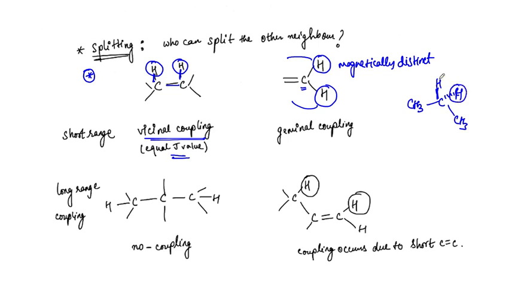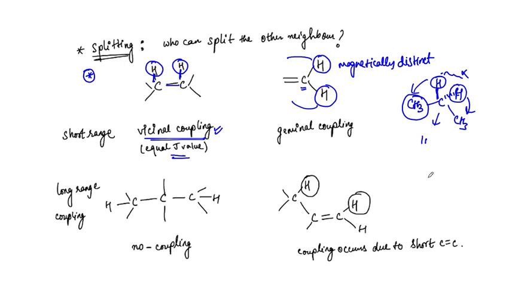Definitely these two hydrogens are going to be the same because they are facing methyl on both sides, right? They are going to be the same, and that is why these two methyls are magnetically identical. They are not going to split each other's signal, right? So we are just going to get one peak for these two hydrogens. They are only going to be split by the adjacent hydrogen, by the vicinal coupling, the 3-bond coupling. No geminal coupling is going to work over here.